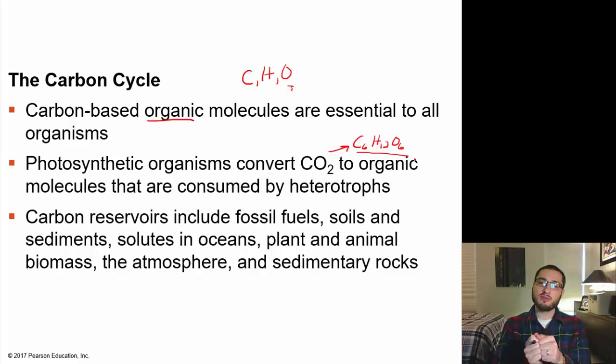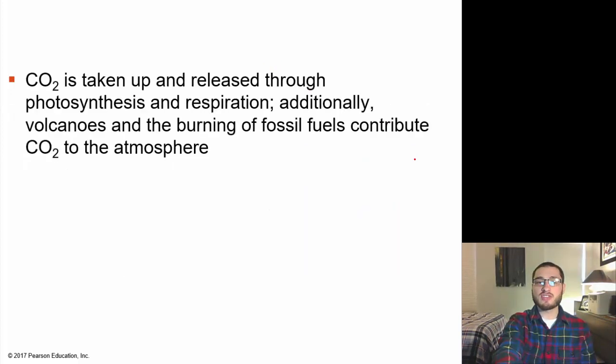Now we can break those. We ultimately burn that carbohydrate, and it's going to create ATP for us. And that ATP has those bonds in the phosphates that are connected to each other. Now we break those bonds, and that releases energy for our cells to use. So carbon reservoirs include fossil fuels, soils, sediments, solutes in oceans, plant and animal biomass, the atmosphere, and sedimentary rocks. You can find carbon in all these things, and they're going to move through this cycle as time goes on